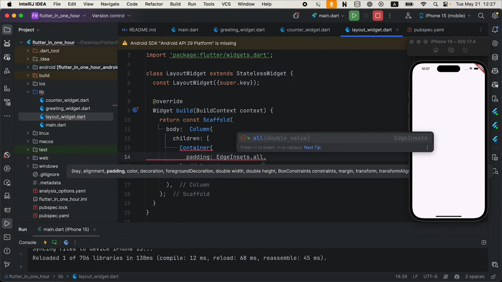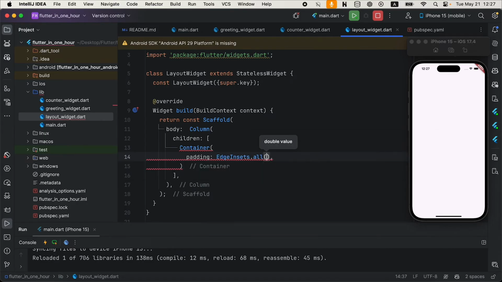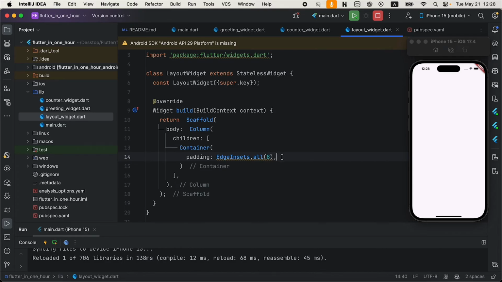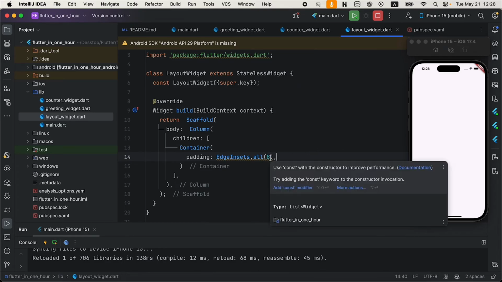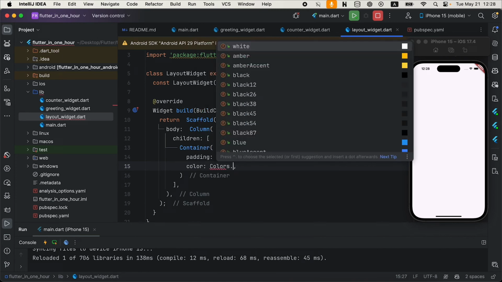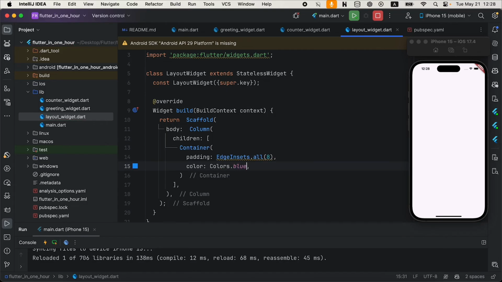EdgeInsets.all, and let me put 8, which means we are putting a padding around the container with 8 pixels, so it will be spaced with 8 pixels. And let me give a color to that container. Let's say blue, and let me give a child, also a text widget,